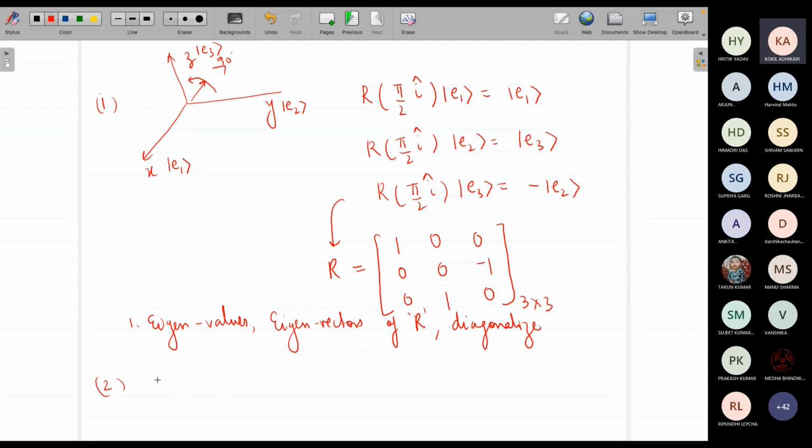And then I give you another one, where I am directly giving you a matrix: 1 0 1, 0 2 0, and again 1 0 1. And I ask you to again do the same problem: eigenvalues, eigenvectors and diagonalize. You will find in one of the cases there will be degeneracy,